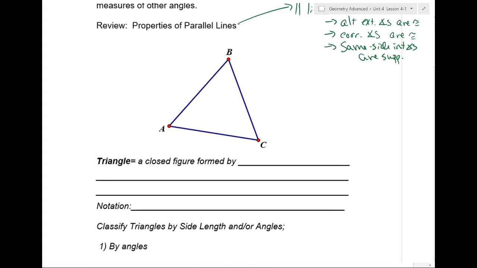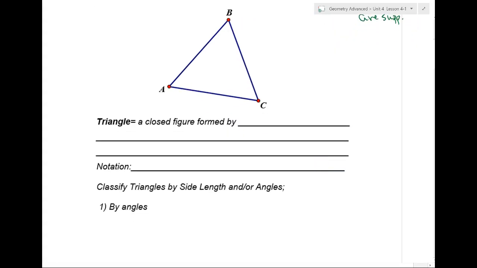All right, so let's talk about one of the easiest shapes in the world to work with. A what? A triangle. Now, when you were little, or when you watched Sesame Street, you would just say it's a shape with 3 corners, right? Okay, how about if we actually get the right definition down? The correct definition is the following. It is a closed figure formed by 3 non-collinear points